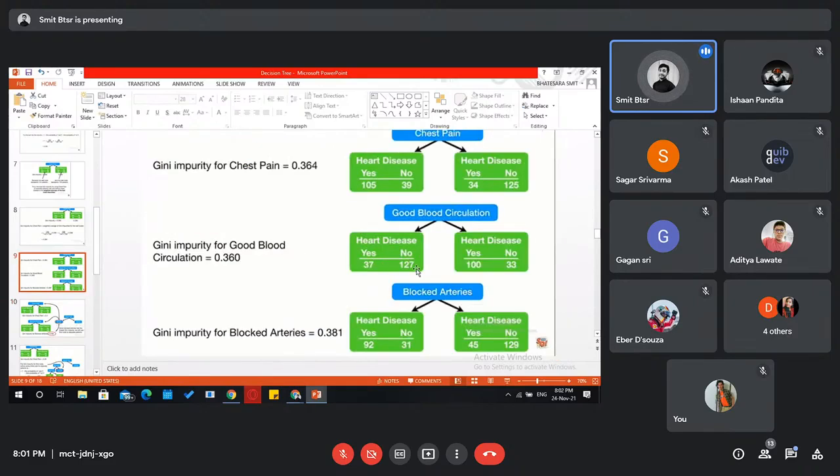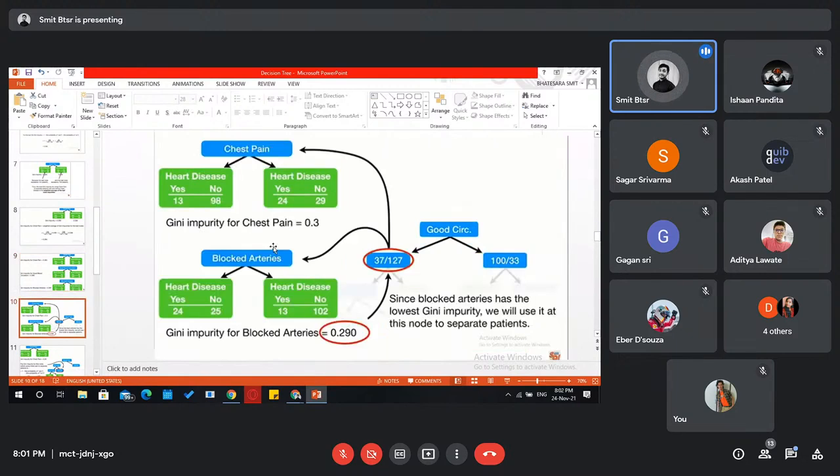numbers: 37 and 127 and 133. So you can see here 37 and 127, 133. Now we ask the first question, and then we remain with two questions. So now what we will do is find these numbers again. How? Inside this 37 and 127. We will only look at these people, not all the people.